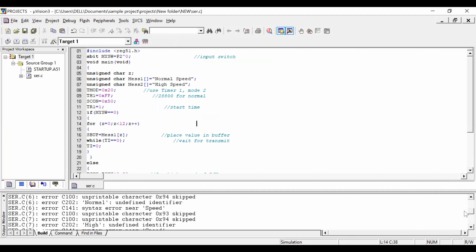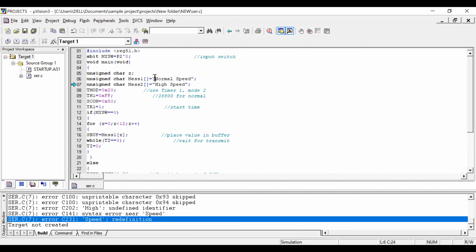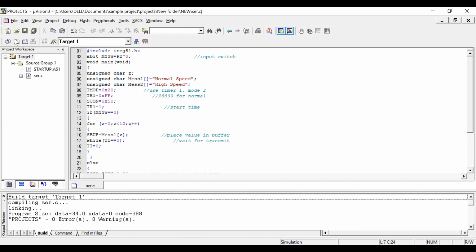Okay, normal undefined speed. So here you can see that double quotes should be in color actually. This is a simple error, and if you click on this, it will show this arrow mark. You can come across where is the exact error. Just now there is no error, right?